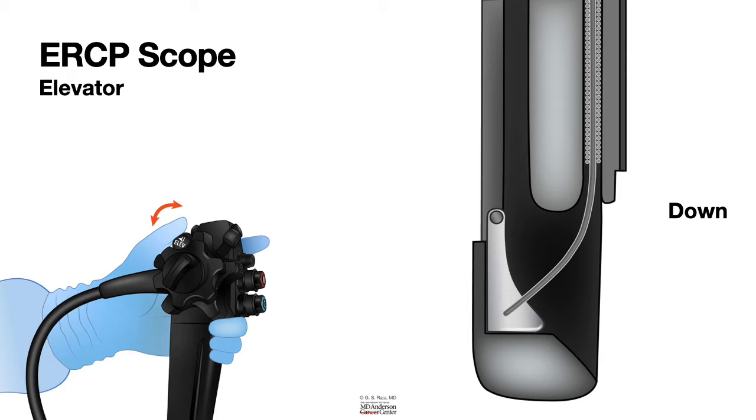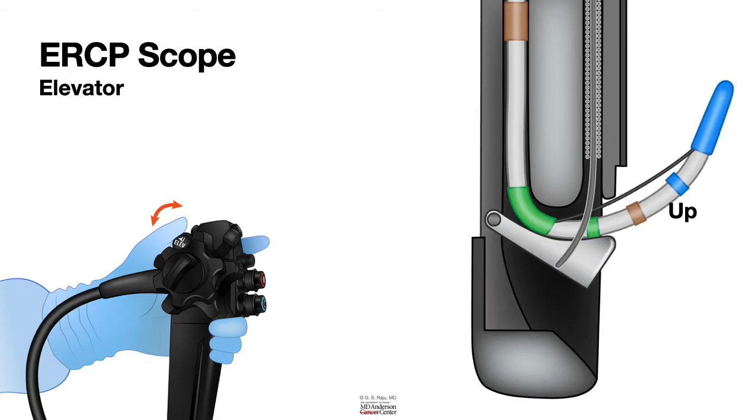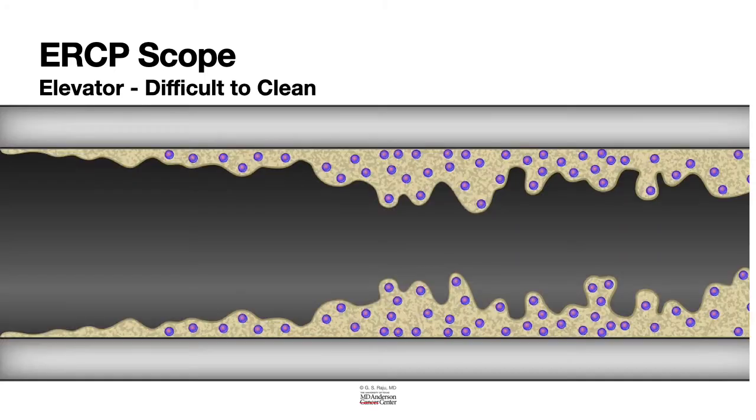material, proteinaceous material after the ERCP can get stuck underneath the elevator. That is very difficult to clean unless the technician takes time and cleans it properly. This becomes a source for infection. And as you can see here, because elevators are difficult to clean, infections related to ERCP scope have become a